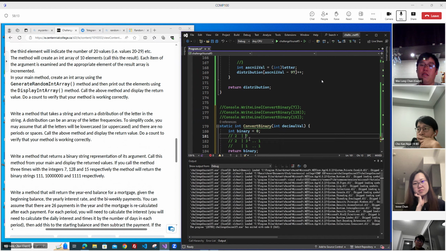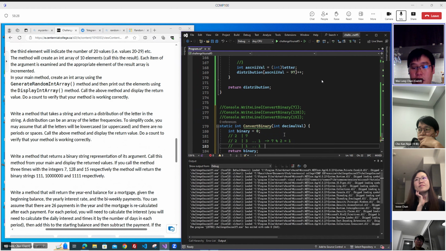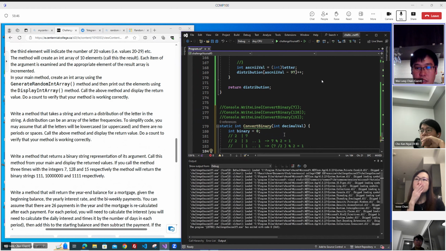So first of all, for this step, it means that we are going to do 7 modulus 2, which is 1. And then, not this step, okay? And then this step is 7, again divisible by 2, and then the modulus of 2, yeah, right? 1. And then for the last one, I mean, this one will be,